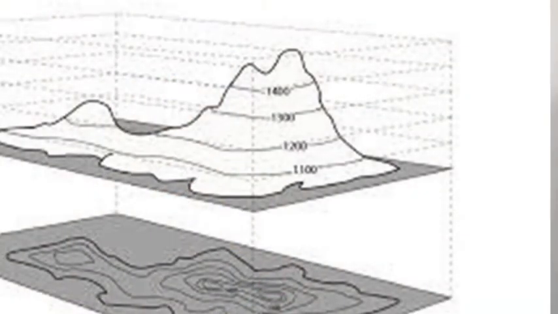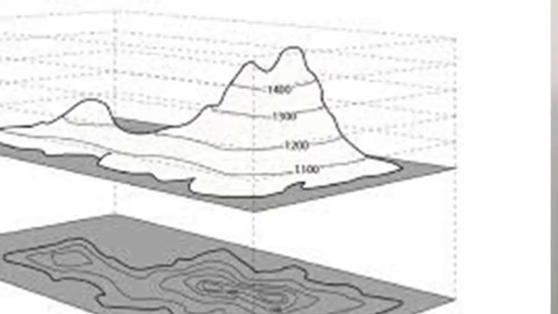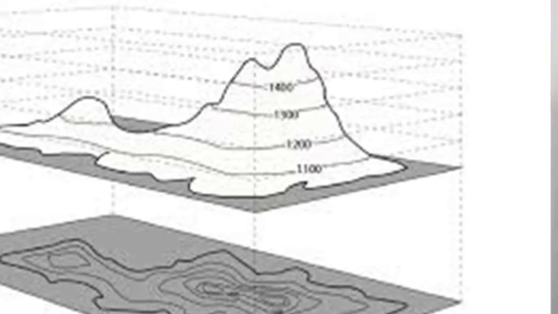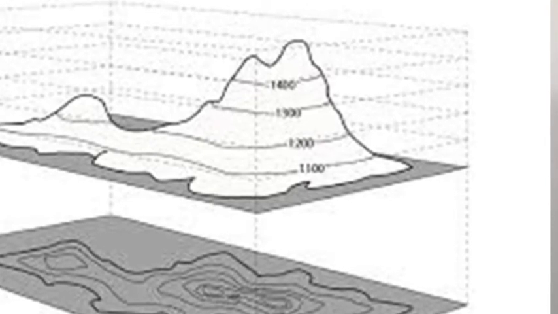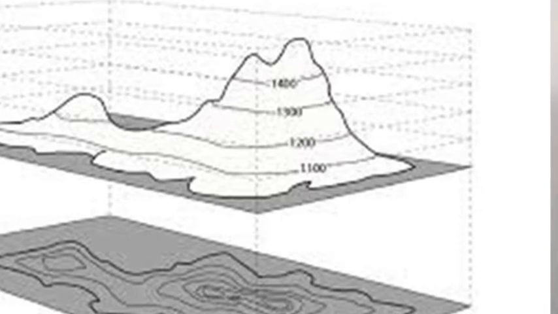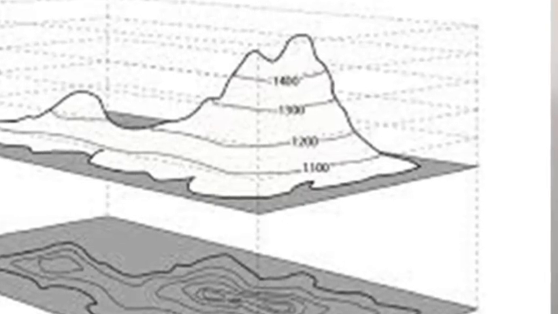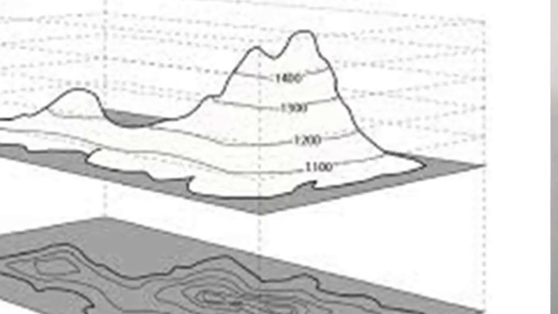Let us take an example of a map. Here on the above you can see a hill. On the hill you might have seen digits there: 1,000, 1,100, 1,200, 1,300, 1,400. So the map is actually calculated from sea level. So it is 1,000, 1,100 meters above sea level. It's called above sea level. And as height increases, the line value has increased.